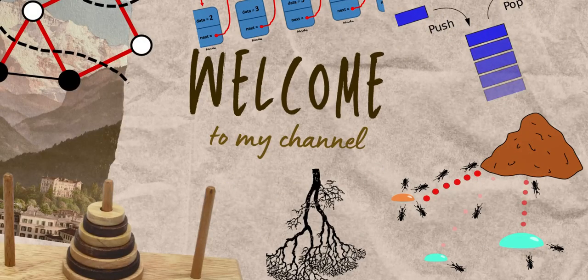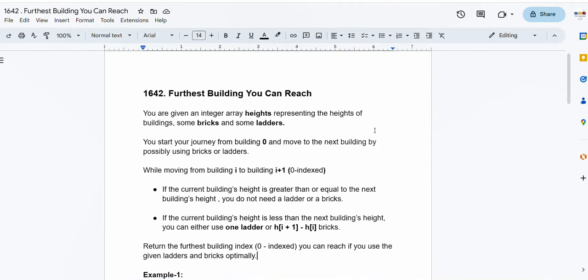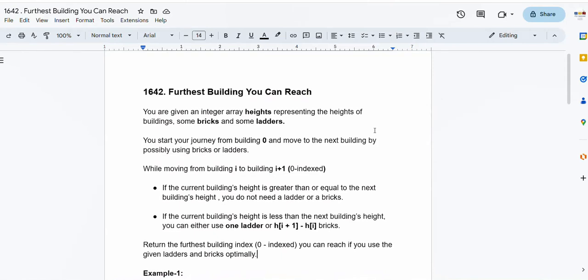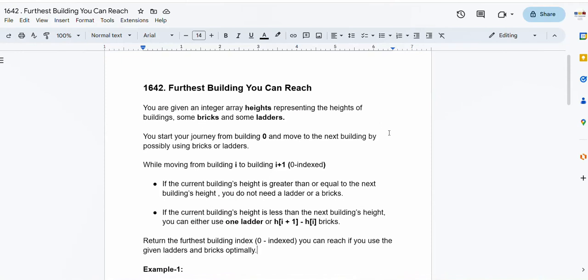In this video lecture, we'll be solving this problem, Furthest Building You Can Reach, which is a LeetCode medium problem. In this problem, we're given an integer array heights representing the heights of buildings, some bricks and some ladders. So bricks and ladders are integers. Bricks represents the number of bricks that we have, and ladders represents the number of ladders that we have, which